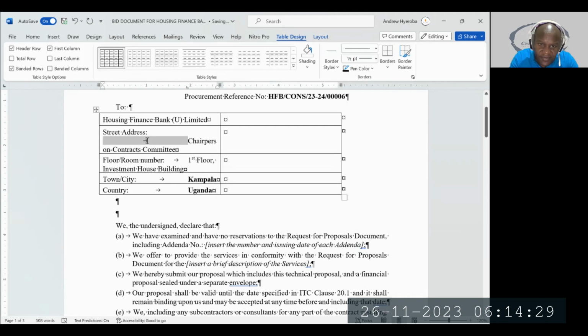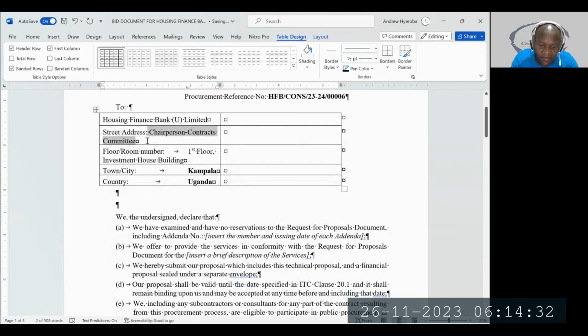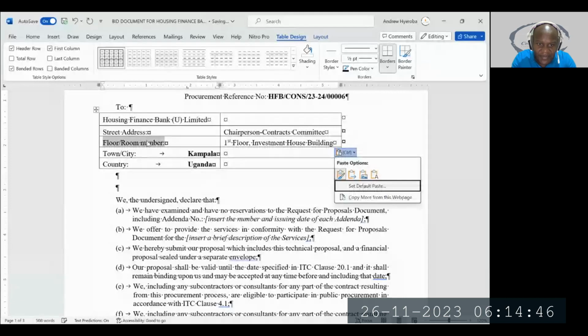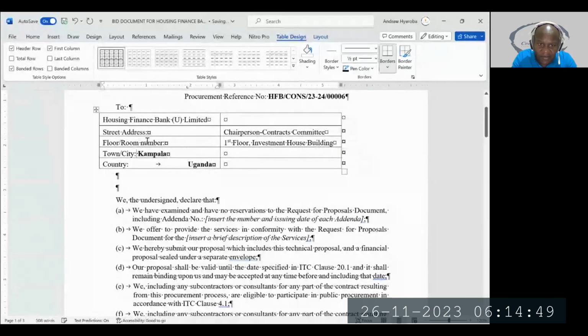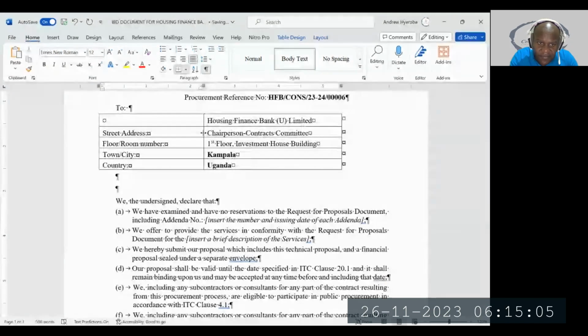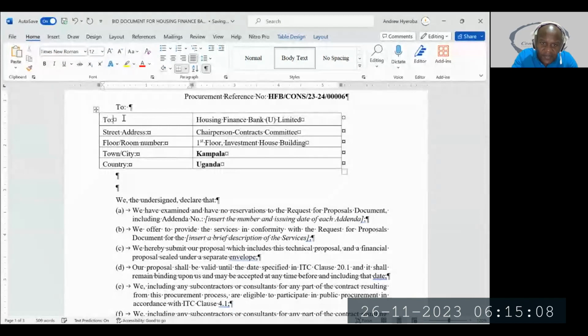So the street address. It said the street address is Chairperson Contracts Committee. As you can see, there's already an error in the document. Town, city, Kampala, and then country is Uganda. So I'll put the 2 here, and then